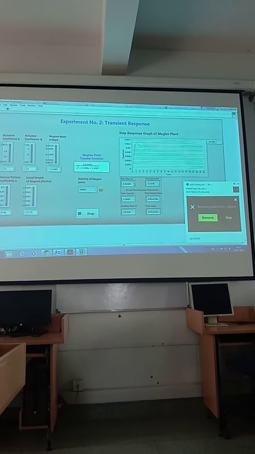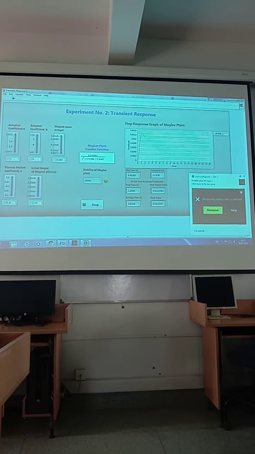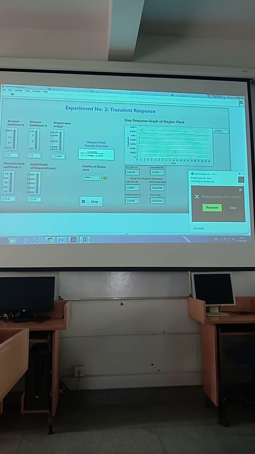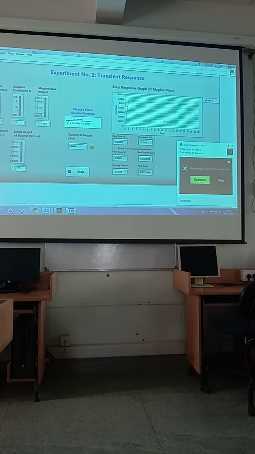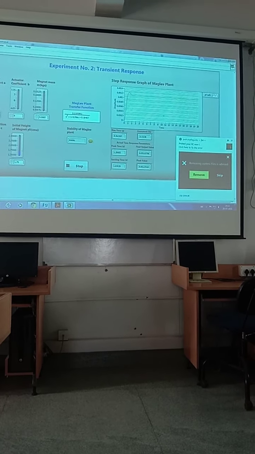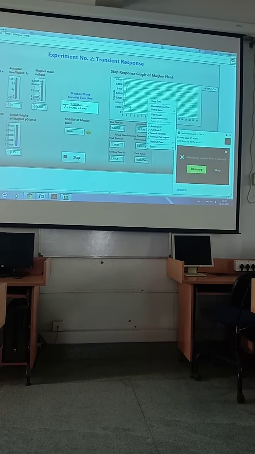And you will get the experiment graph, and you can take a printout of it.